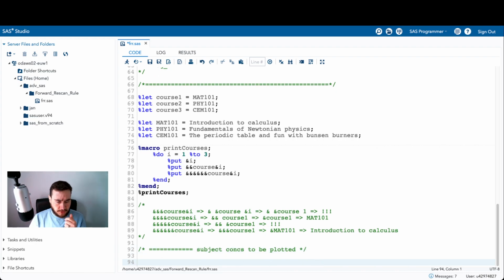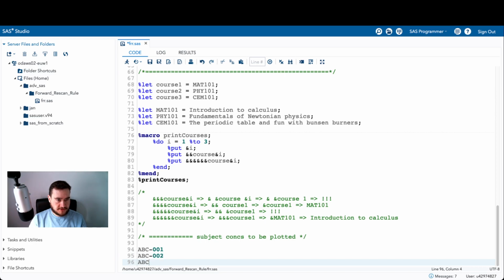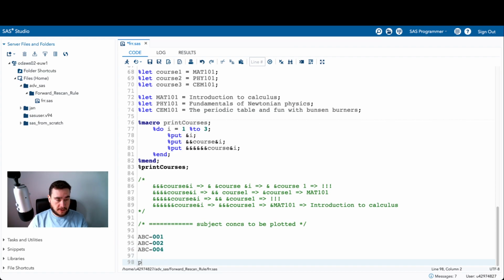One way you can do that is if you can place the different subjects in a macro. So if you've got, for example, ABC 001 and then ABC 002, and then maybe you've had a dropout and it's now actually ABC 004, you could do something like,